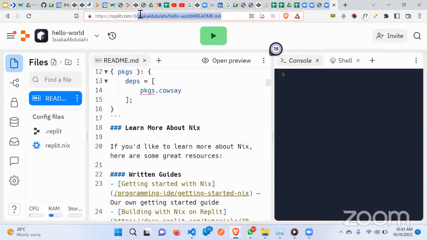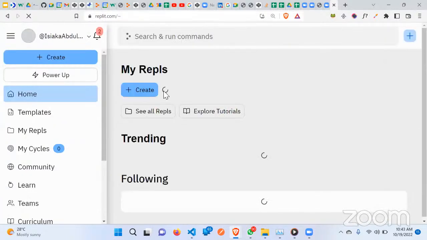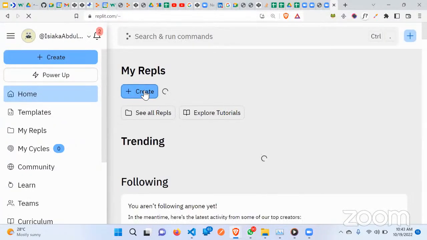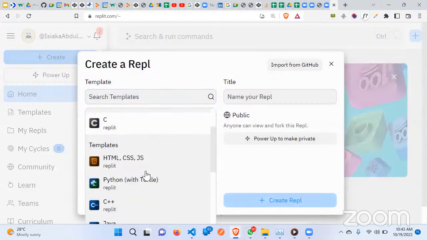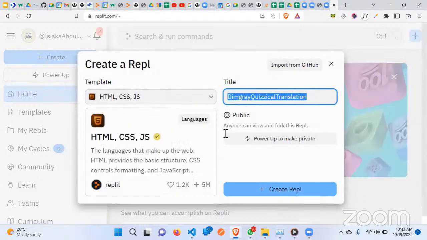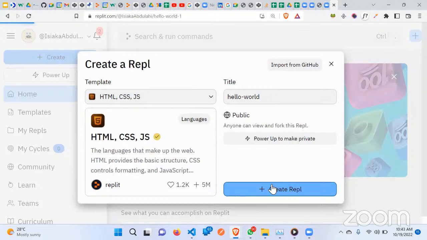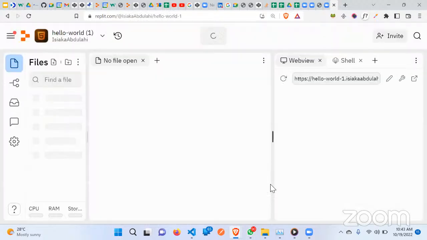I want it to help me create my HTML file. So now if you go to your Replit like this, name of your Replit, I want to choose HTML, CSS and JavaScript. This is what I want to use. I can say hello world. I want it to be public so everyone can see it. Then if I create like this,